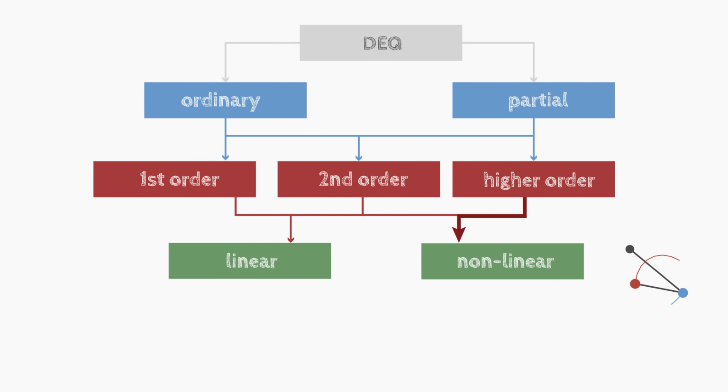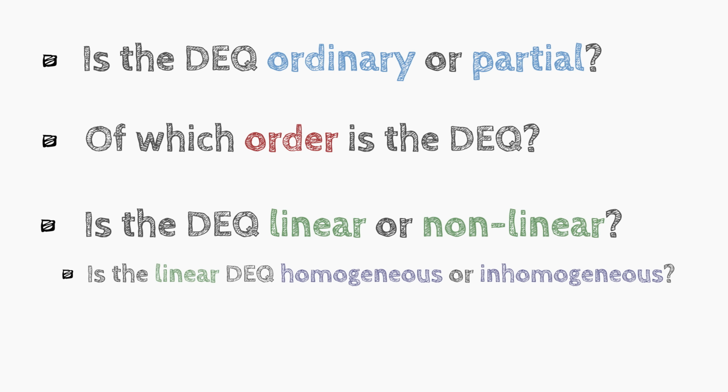Is the linear differential equation homogeneous or inhomogeneous? Homogeneous linear differential equations are simpler than inhomogeneous ones and describe, for example, an undisturbed oscillation, while inhomogeneous differential equations are also able to describe externally disturbed oscillations. First, let's learn how to answer these questions. After you have classified a differential equation, you can then specifically apply an appropriate method to solve the equation. Even if there is no specific solving method, you will know how complex a differential equation is based on the